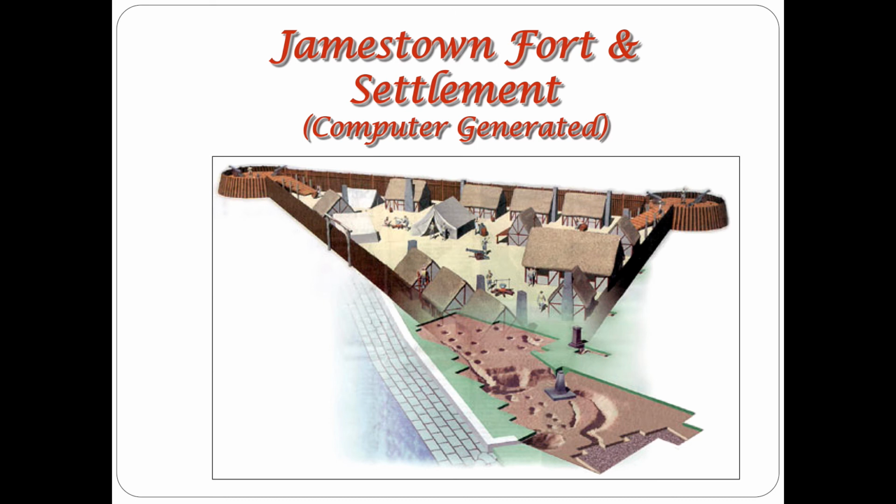What they didn't bring with them, though, is they really didn't bring any farming equipment. They brought equipment to search for gold and pan for gold and silver, to perhaps dig for other precious metals, obviously military equipment to protect themselves, but they brought no seed, they brought no livestock, they brought nothing to actually farm the land with, which will turn into a great disaster for them. Again, 144 different men will land here. Now, these are all men who come in 1607.